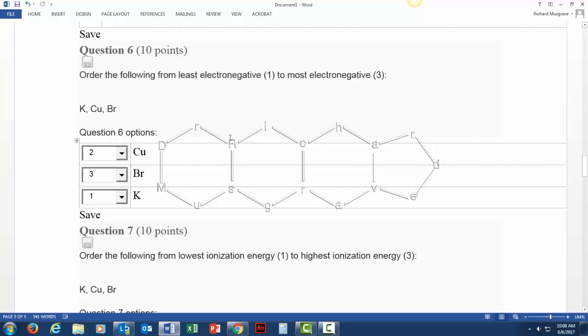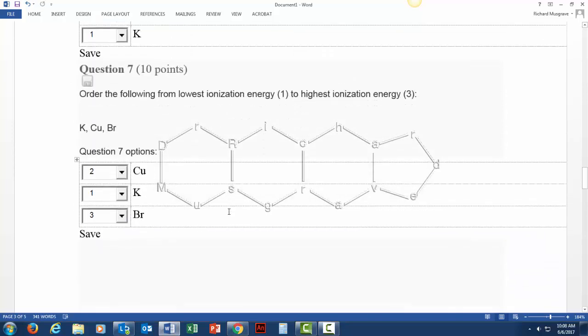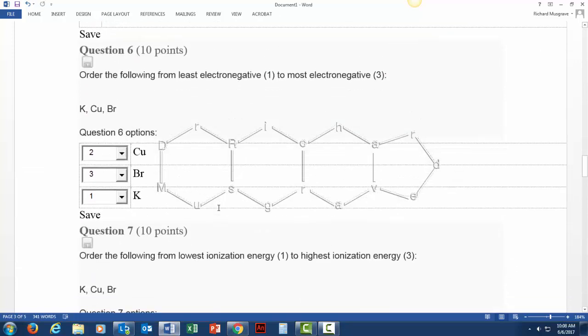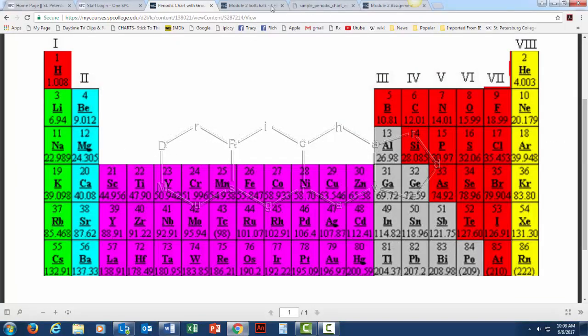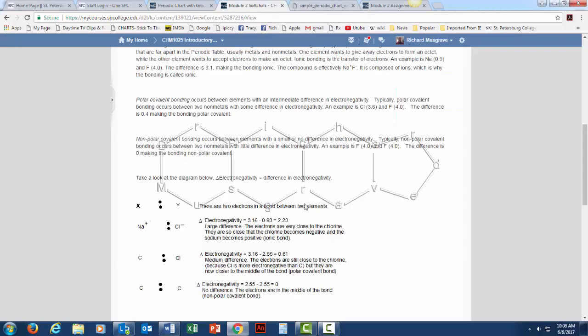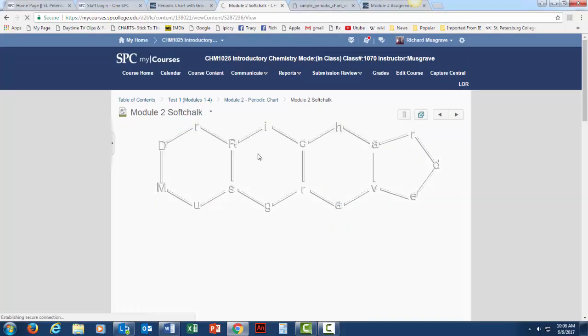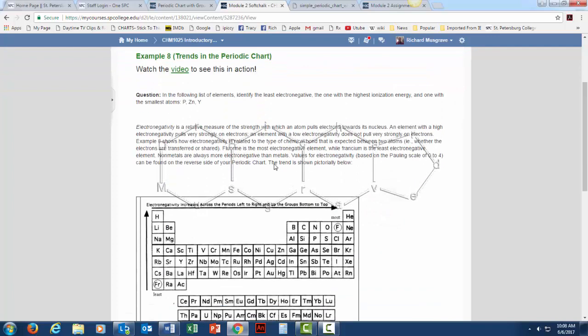For the next 3 questions, the electronegativity, ionization energy, and size, I would encourage you to look at the Module 2 soft chalk, and you will find that starting on page 8. You can see the electronegativity, then the ionization energy, and then the size are all discussed, and you can use this as a guide to figuring out these kinds of differences that are being asked